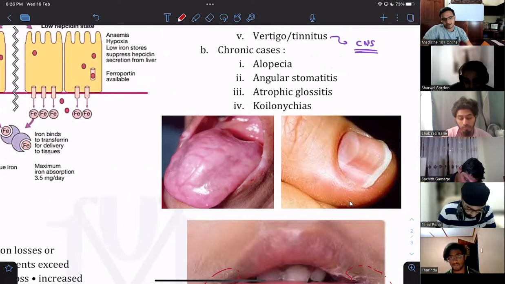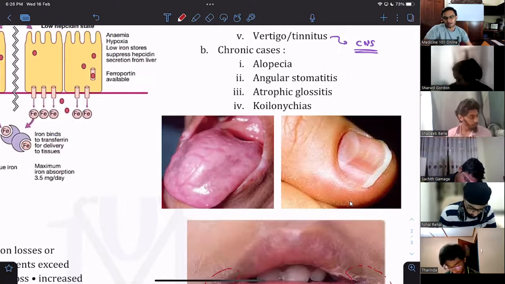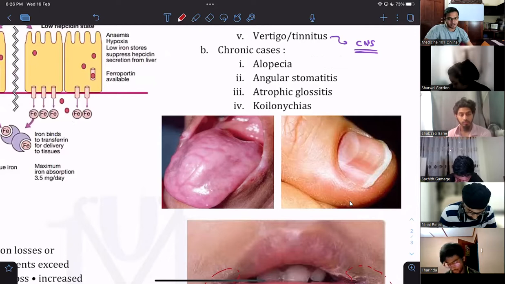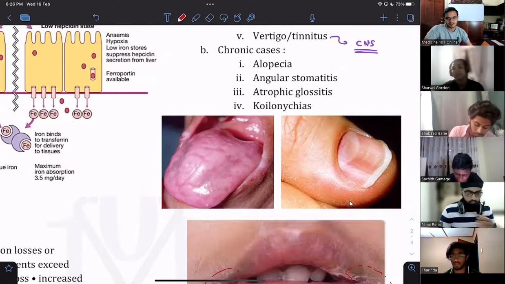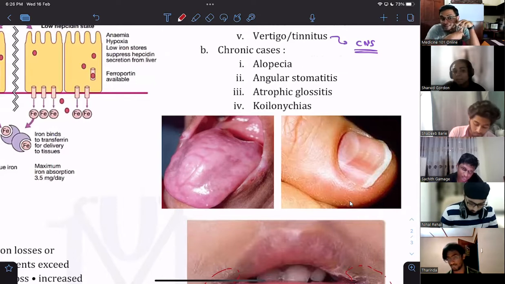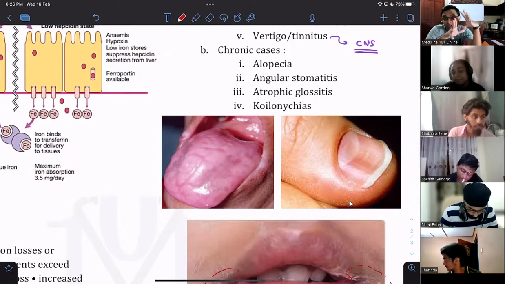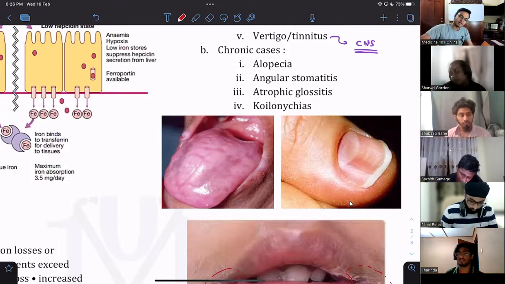And then koilonychia. What is this koilonychia, guys? Again, due to hypoxia and abnormal cell growth. Now, don't think about hypoxia, what is the other nail feature, guys? Chronic hypoxia. What is the other? If I do like this, will you all remember? Clubbing. That is another case of hypoxia that is due to lung related issues, guys. Here, due to hemoglobin related issues, it's a problem with the blood. Here it is a spoon shape.